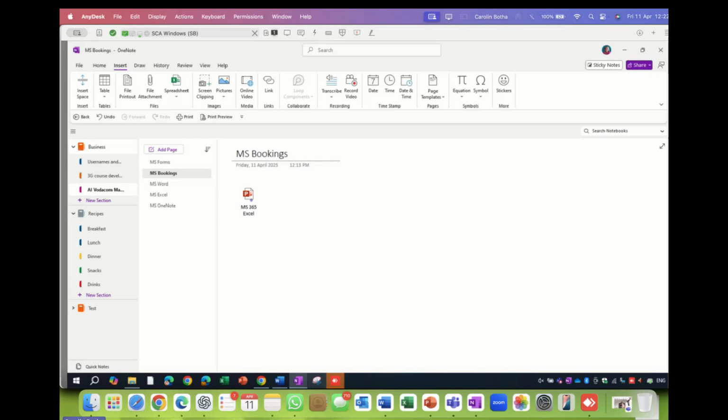Let's say you are busy preparing for a meeting. So you can come to OneNote, you can add a section under your business in OneNote, meeting with Vodacom.